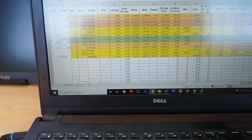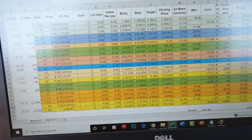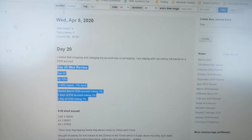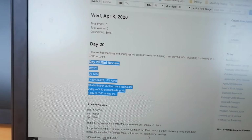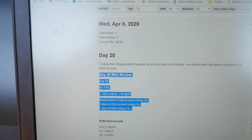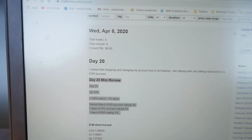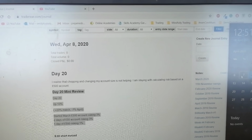But just to jump to my main screen again here, and give you an overview: it's the 8th of April. I started this Forex challenge back on the 12th of March, and I've had a bit of a confusing time the last week, because predominantly this challenge has been the idea of me trading with a £500 account, risking 3% to make 4.5%. However, this week I decided randomly, which has messed this challenge up a tiny bit, but it's okay, that on Monday and Tuesday, the 6th and the 7th of April, I would change my idea